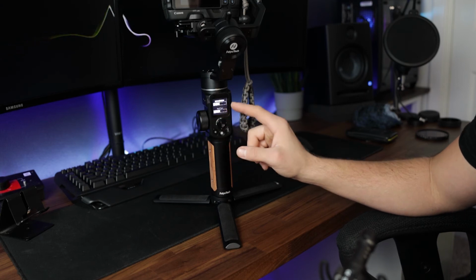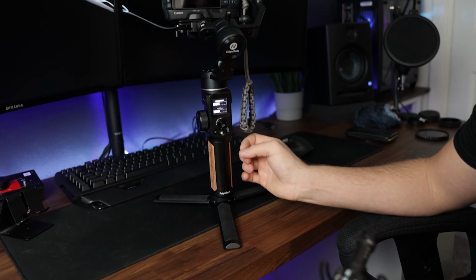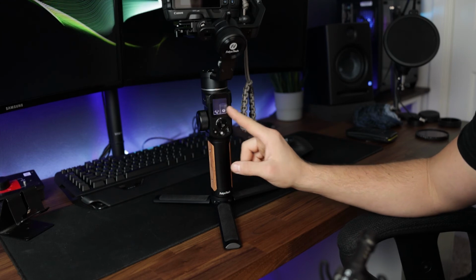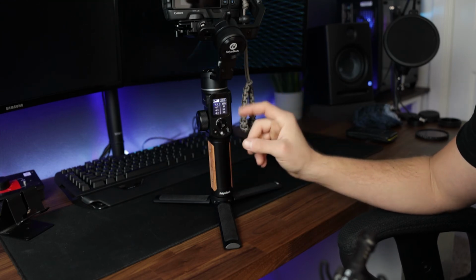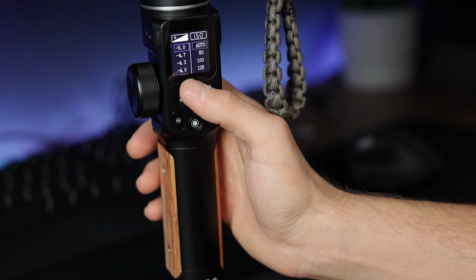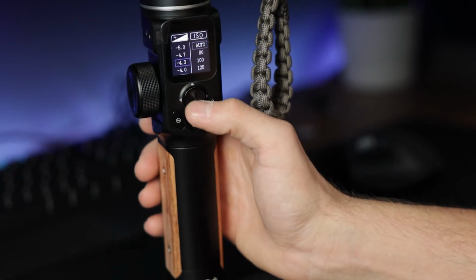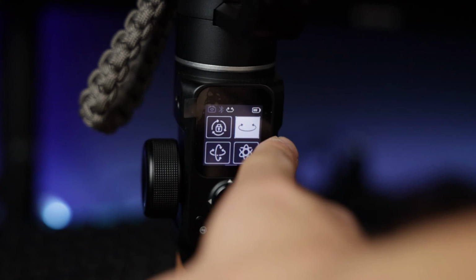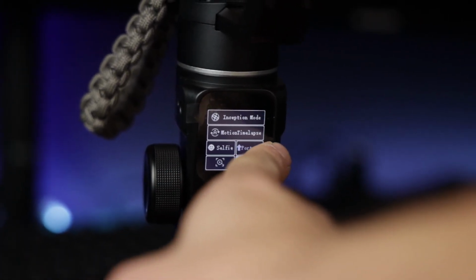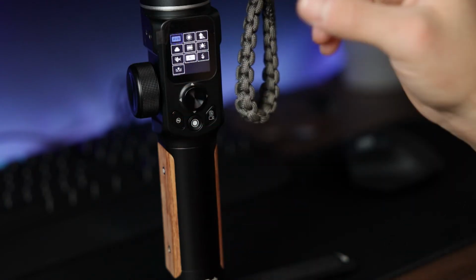If you want to customize it, you can customize your follow speed as well as your dead zone. Your dead zone is going to be how long it takes before your gimbal responds. And then swiping back out, you are back to your main settings right here. If your camera is paired with your gimbal, you can see right here, you're going to have your ISO settings, your shutter speed settings, as well as white balance right here. If you swipe over, you get your different profile settings, and you can just basically configure this gimbal to where it lines up exactly with your camera, and that way you can do everything on here versus having to worry